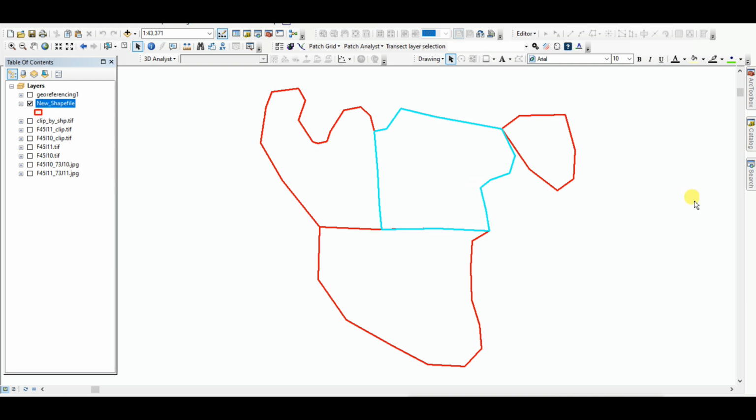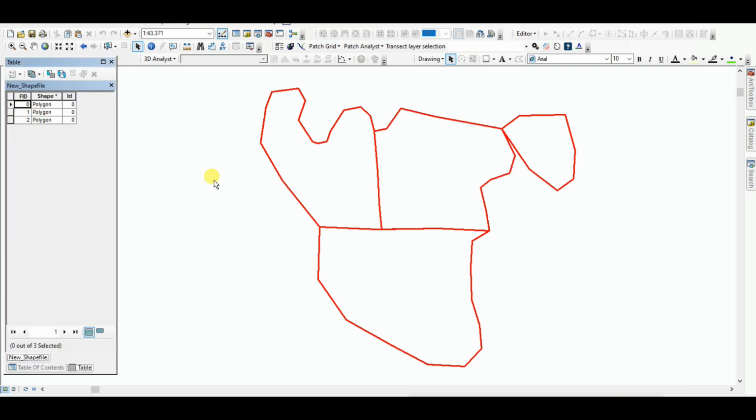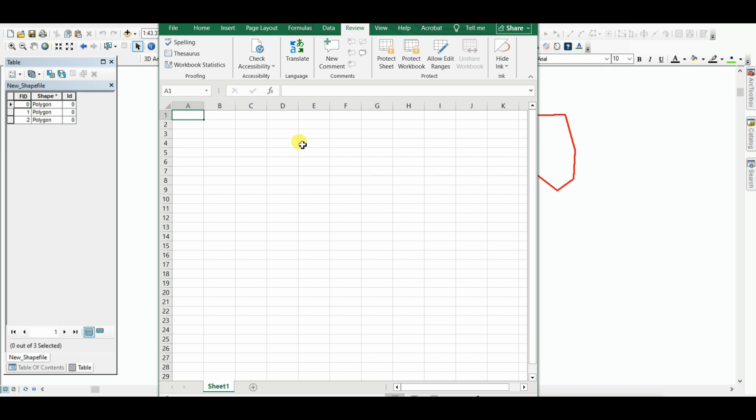So you can see this is a Shapefile, and I'm deselecting, and this is the attribute table. Here 3 polygons are there, and this is the FID, shape and ID. Based on one common feature, you need to create the Excel sheet. And see that this is the Excel sheet, and I'm creating the same one common feature and one or more other features to join within this Shapefile from the Excel. So I'm selecting FID